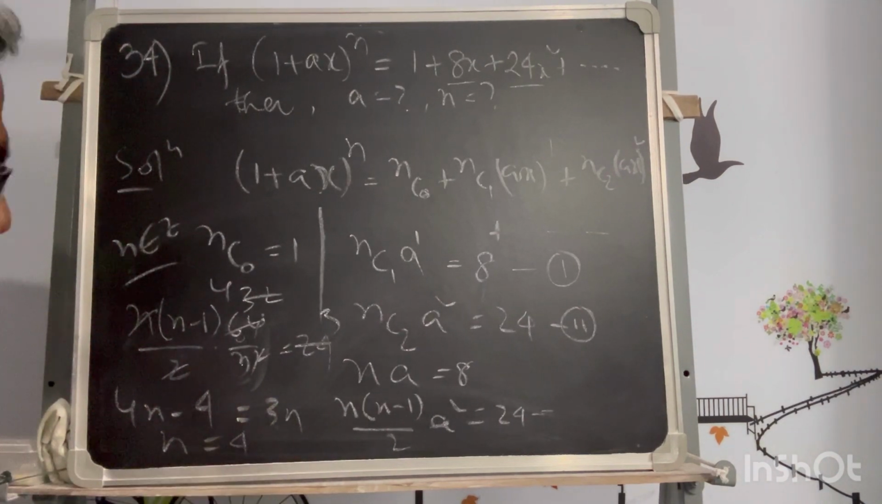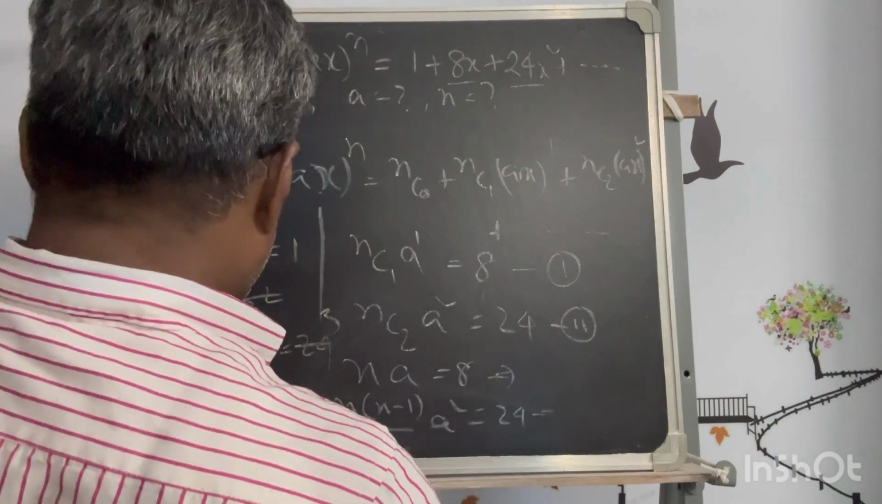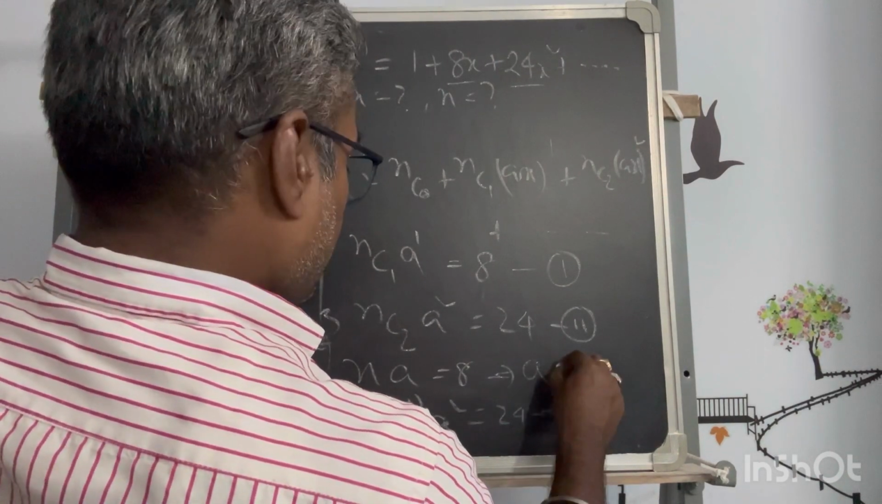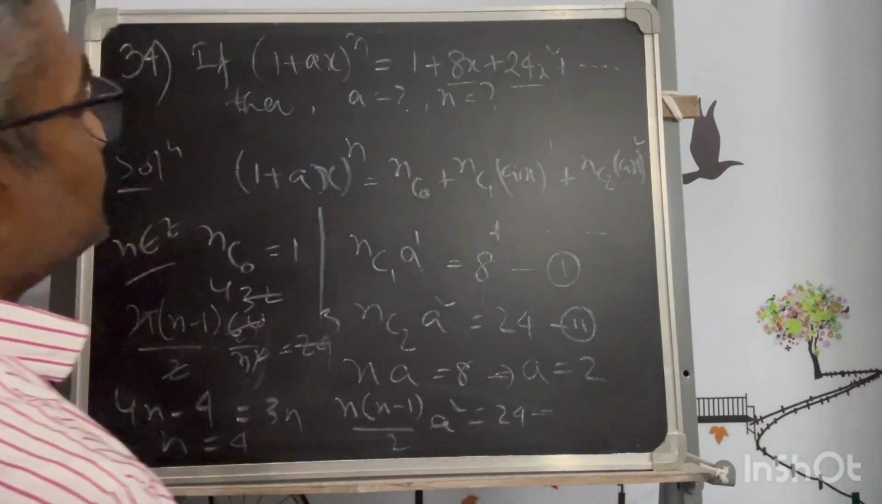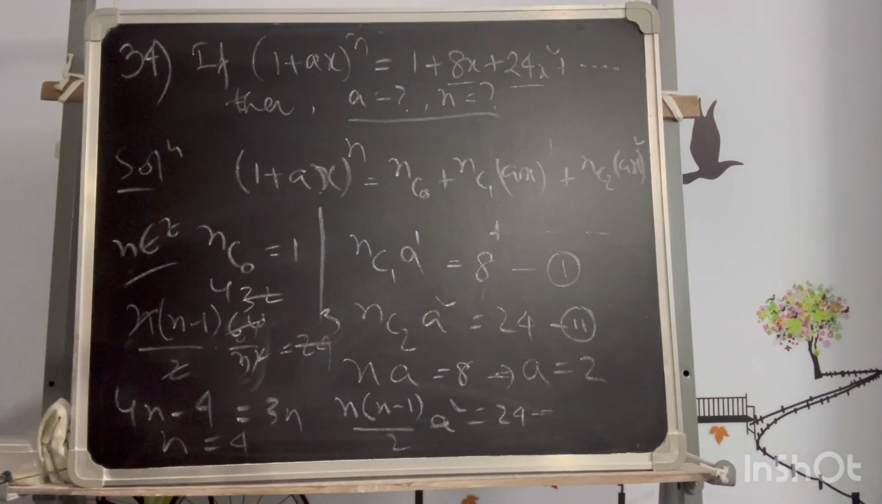So one piece of information is okay. Another piece of information: n·a = 8. From there, if n = 4, then a = 2. So this is your requirement, a and n. So you can find it from there. Okay, so moving to problem number